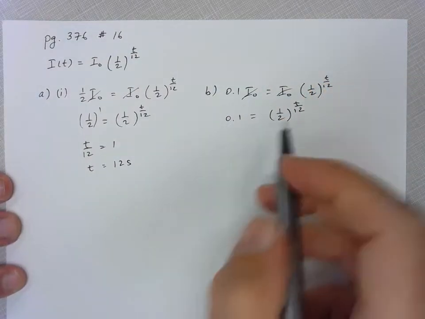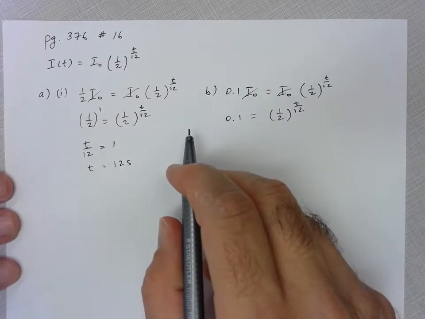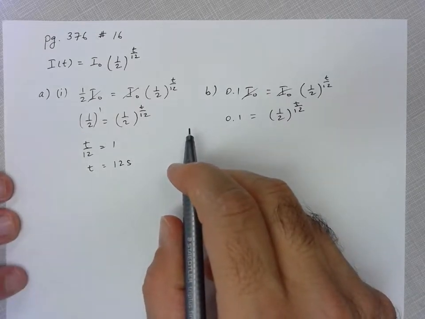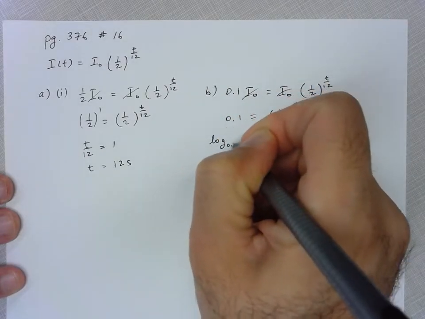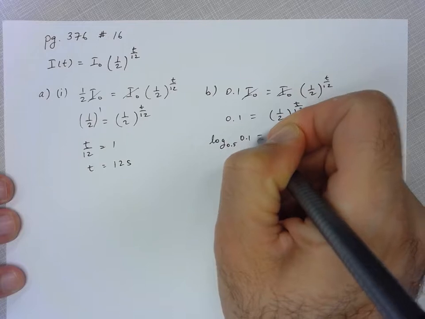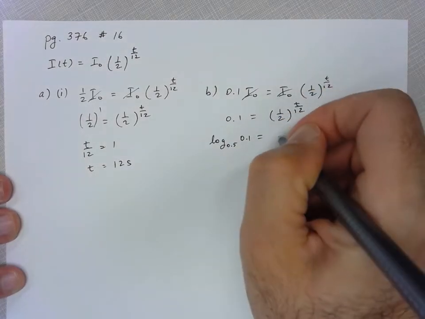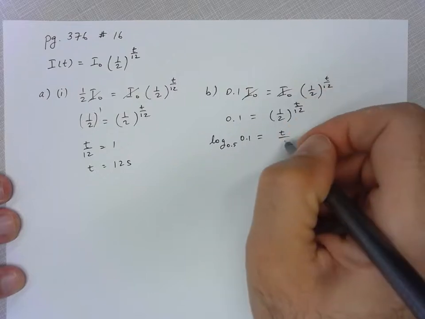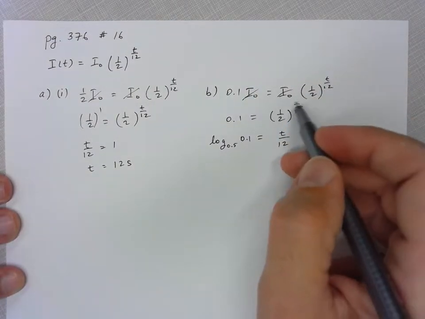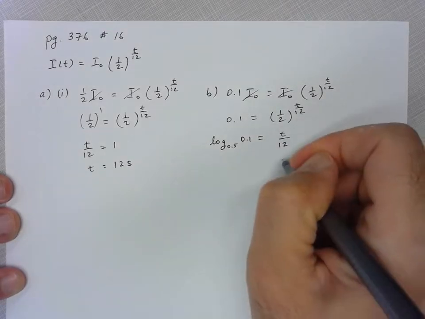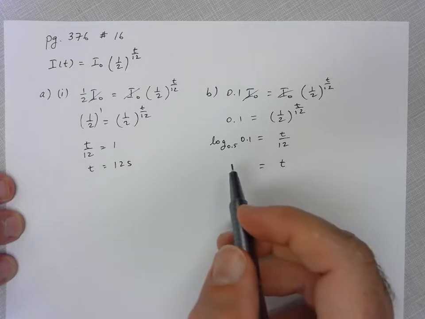Here, though, we can't get both sides with the same base, so this is where I'm going to take a logarithm to solve the equation. I'll take log base 1/2 of both sides of the equation, so log base 1/2 of 1/2 to the t over 12. As we should know by now, when we've got inverse functions applied one after the other, we just get the original input. So here t is equal to,